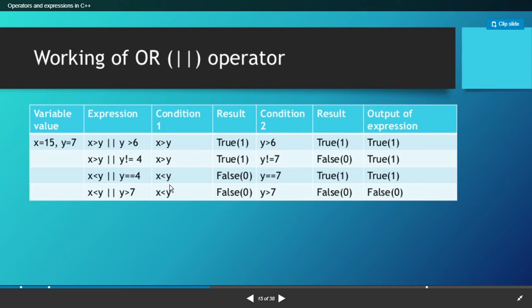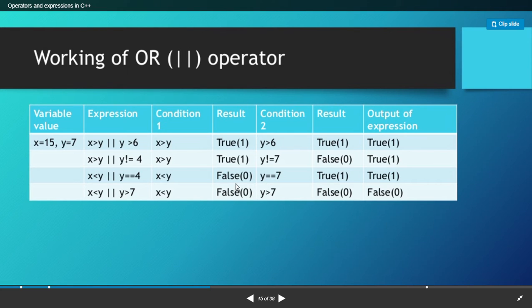So the first condition is x less than y, where x is 15. The second condition is y is equal to 7. Here x is 15, and 15 is never less than 7, so it is false. Another, y is equal to 7, is true.